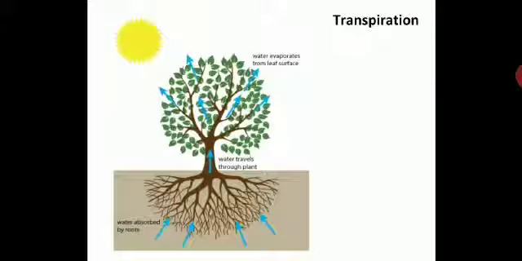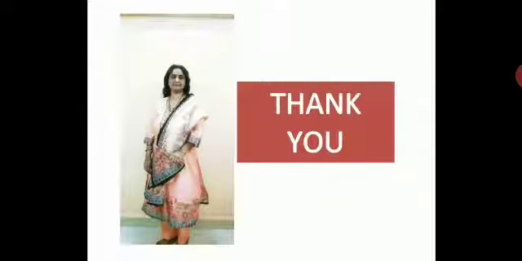Water which is absorbed is given to all the parts of the plant, goes to the leaves, to all the parts of the plant or the tree. The plant utilizes the required amount, and the excess water is given out on the surface of the leaves. Removal of water through stomata, we have seen in the session, where stomata help in the exchange of gases and help in transpiration.